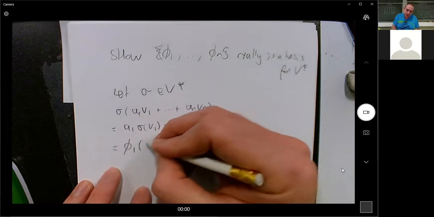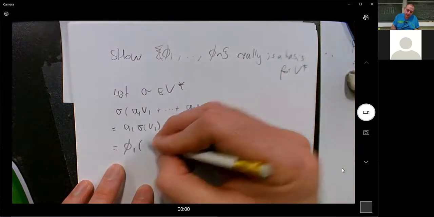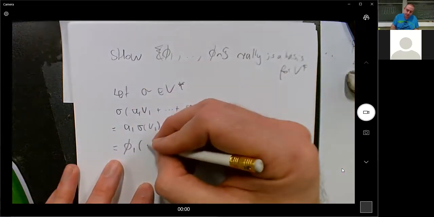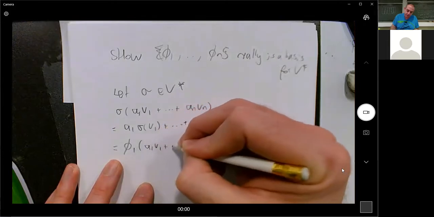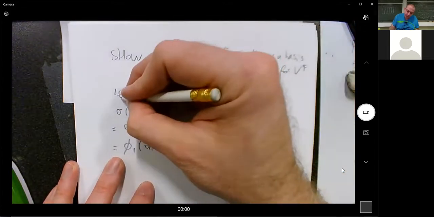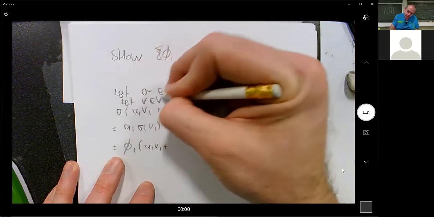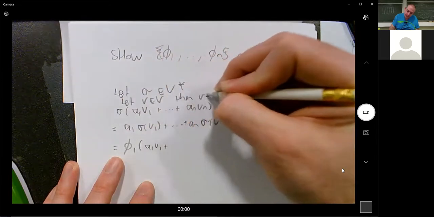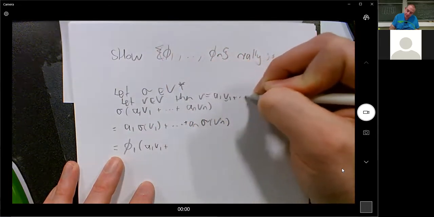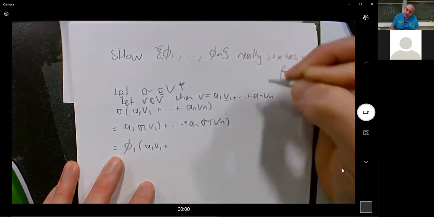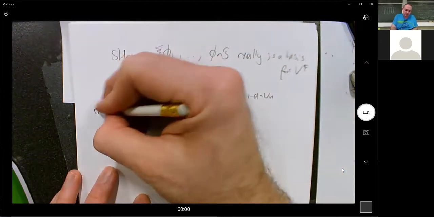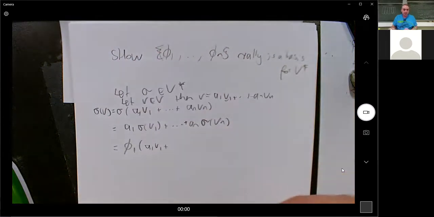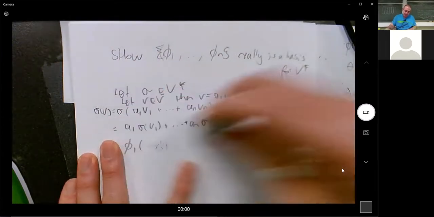phi 1 of this thing. All right, just a second. Let v be in V, then v is equal to a1 v1 plus an vn for some ans. And so sigma of v is equal to this, which is phi 1 of v